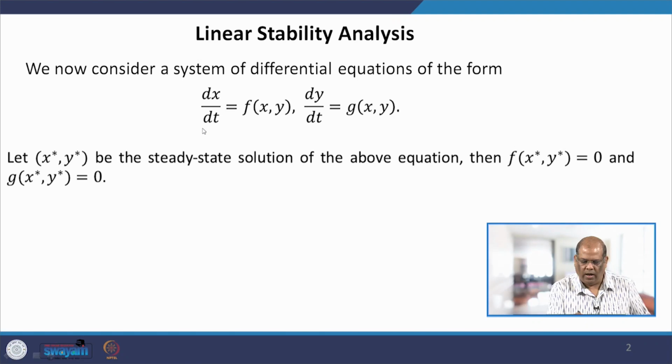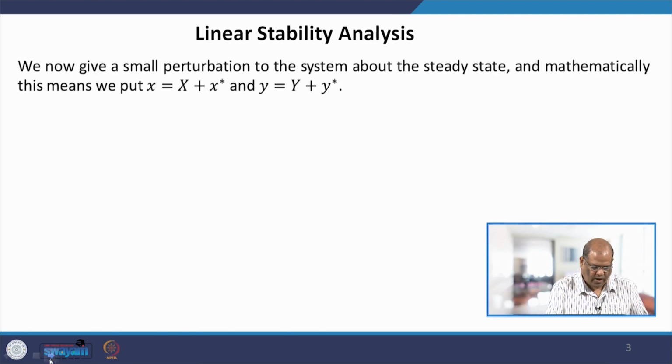Continuing with our previous lecture on stability analysis, I will now extend it to a system of differential equations, mainly two differential equations. So, let us consider the differential equation of the form dx/dt equal to f(x,y) and dy/dt equal to